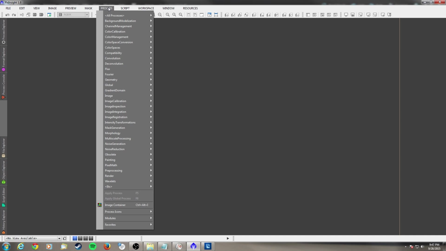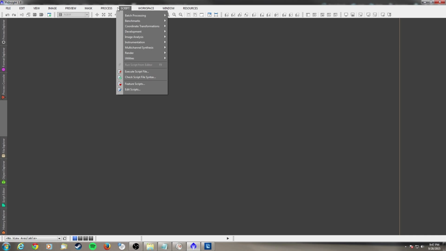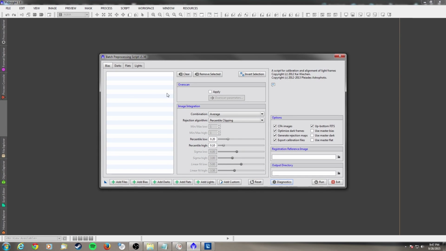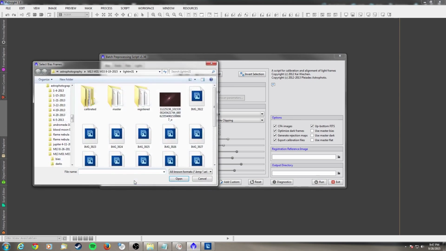So we are going to start with a script, and that script is going to be batch processing. The whole idea is to be able to calibrate our photos essentially and stack them. So I'm only going to do bias, darks, and lights today. We're going to start with adding a bias photo,